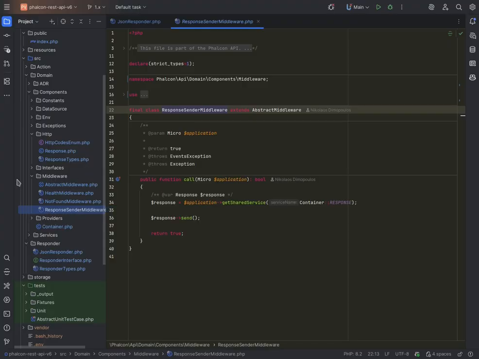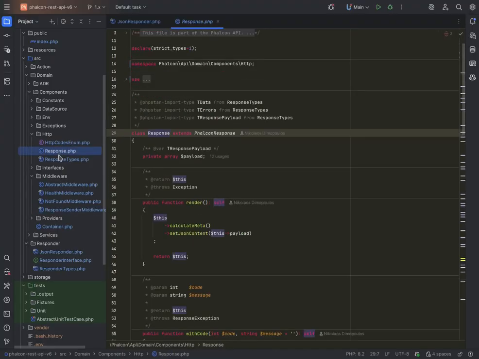So we're sending the response as soon as everything is done. Now, this one means that we're going to have a custom response class. And that's all good, but I don't really like messing with the response. So what we're going to do is move this functionality inside the JSON responder. Right? So what we need to do first, and this is a precursor to